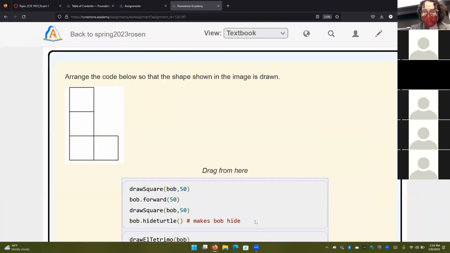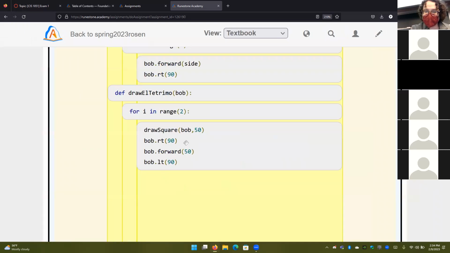Then we tell him right turn. So let me go ahead and draw that. Bob, draw a square. Yeah, it's a terrible square. But the point is that he's facing this way. Then we tell him to right turn 90 degrees. So now Bob is facing this way. Move forward 50 spaces.